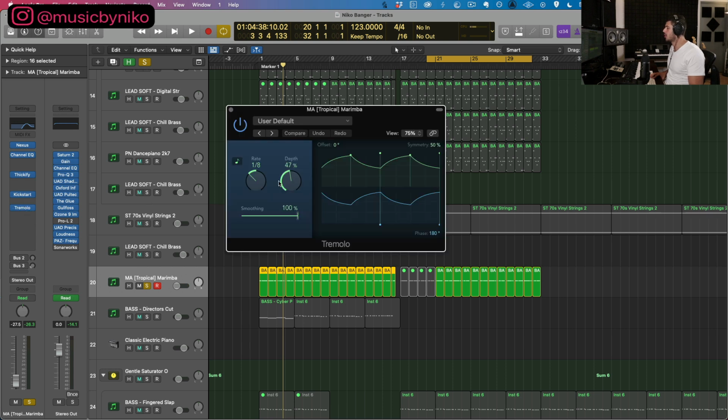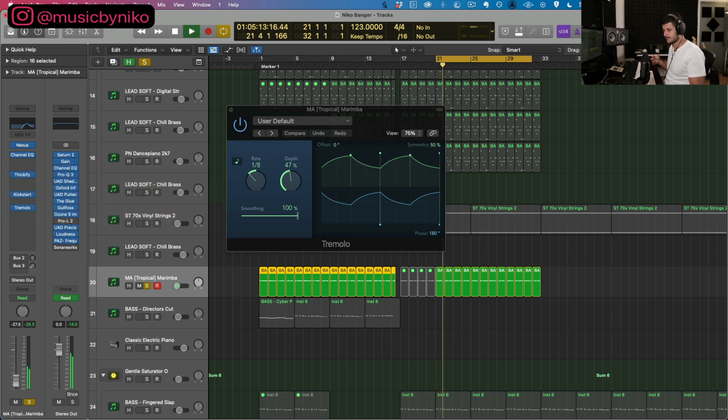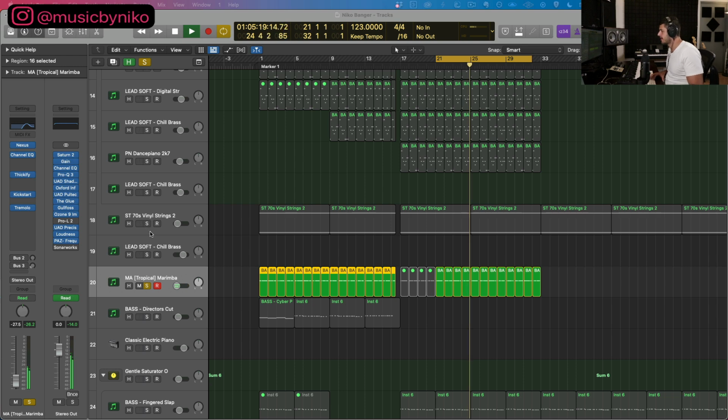I have this tremolo effect, which is basically, if you have your speakers in front of you, there's right and there's left, it's panning back and forth like this and adding movement to my entire song. So it sounds really cool, especially in the drop. It's basically going back and forth. And then